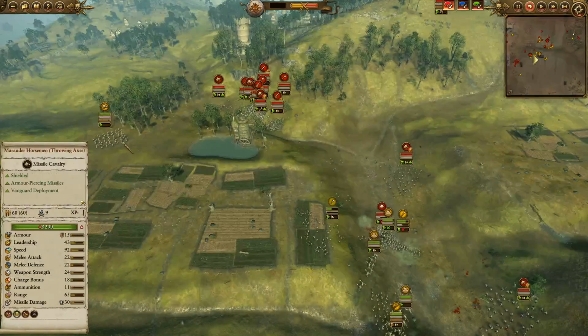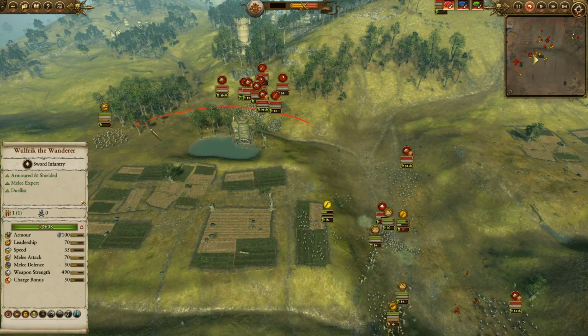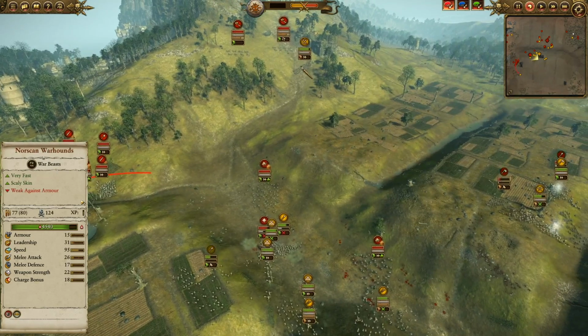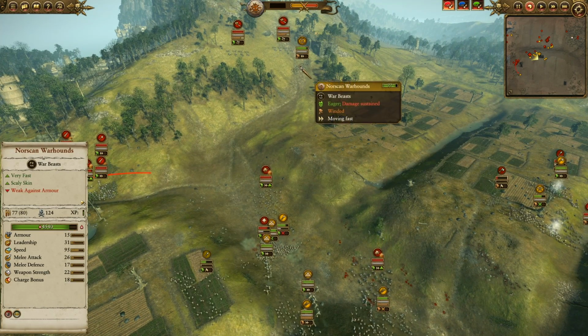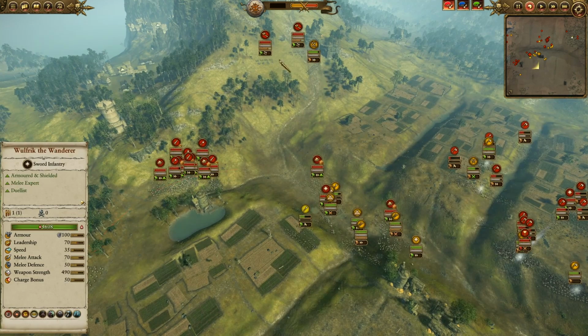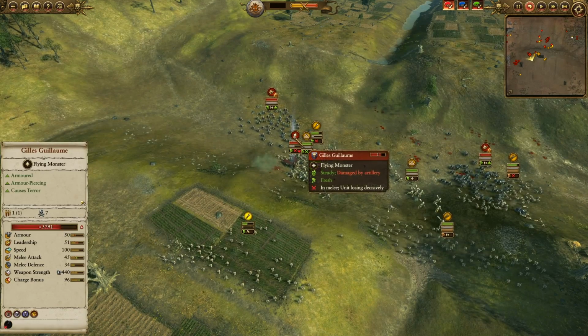But meanwhile, all the way off to the side over here, I do have these Marauder Horsemen with throwing axes, just hoping to, once again, keep baiting these guys off to the side so that these Norscan Warhounds can finish closing that gap and take care of the field trebuchet. So you can see that sort of baiting maneuver worked out quite well. These Norscan Warhounds are completely uncontested, able to push in and shut that trebuchet down, while over here, Monsieur Guillaume